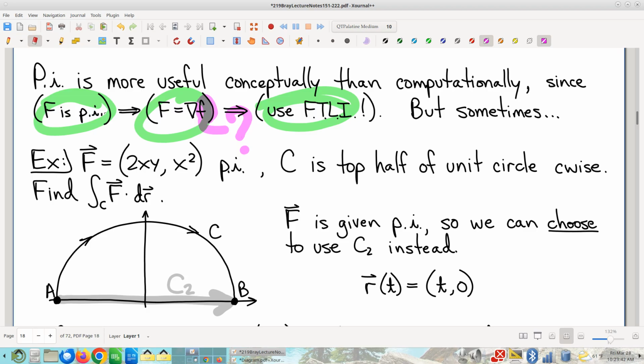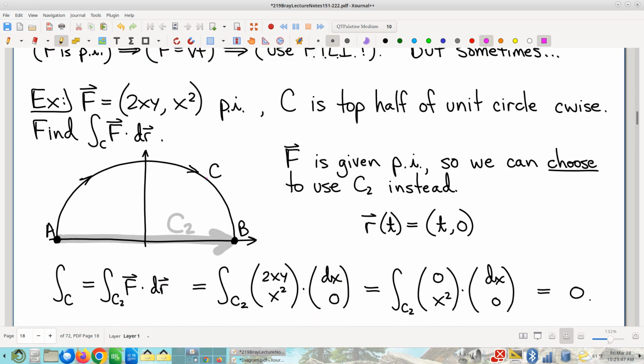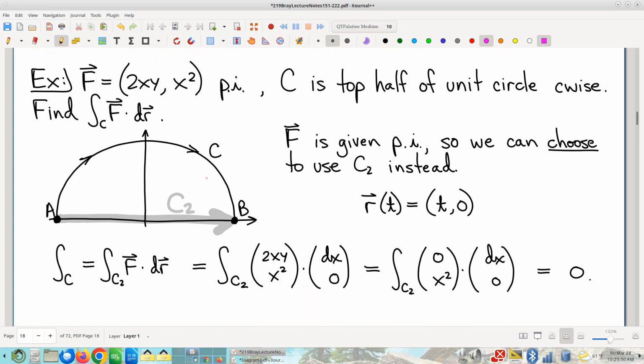So I want to show you an example of how to bypass the fundamental theorem in such a case, and that's this example here. So we're going to presume path independence, and yes, that means it's a gradient, and yes, that means there's an anti-gradient, and in this case, we can even see the anti-gradient. I'll bet if you're clever and crafty and you think strategically, you could probably just dream it up, right? But again, the purpose of this example is to show you how to bypass the fundamental theorem in cases where that would have been hard, which it wasn't. But again, as a strategy.